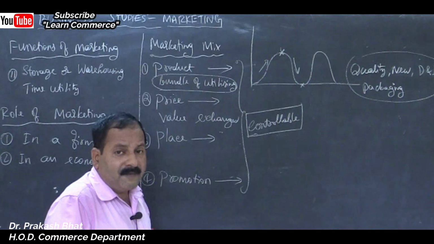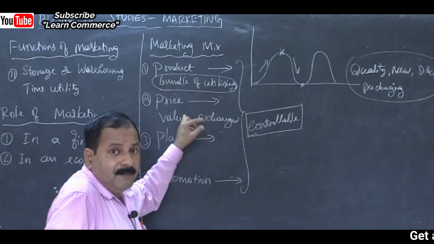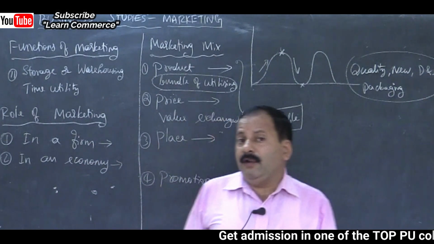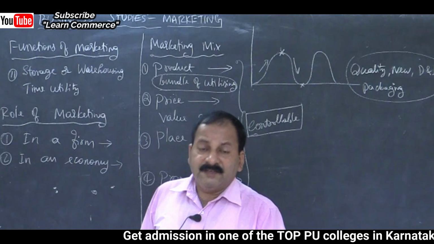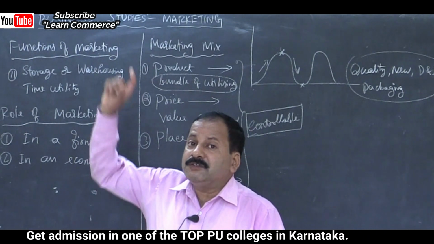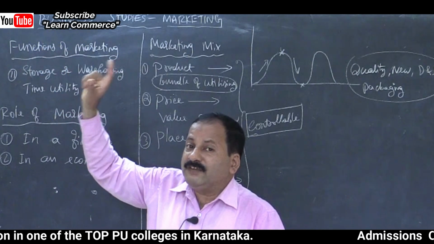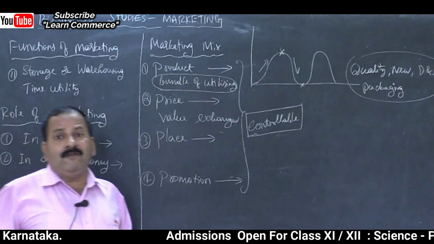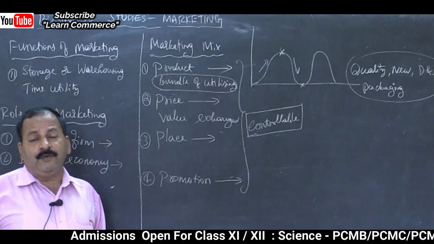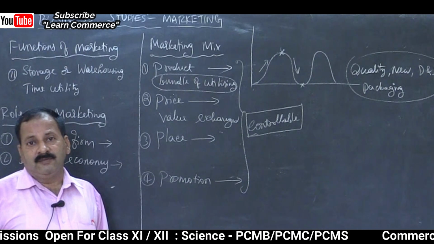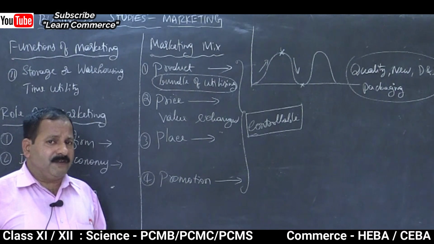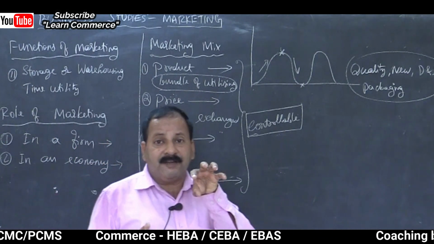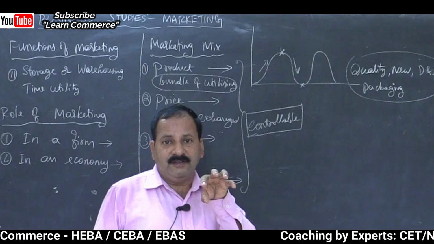So any type of price for that matter, while fixing the price, the marketer or the seller or the manufacturer has to keep in mind a number of points. Whether the product quality is of so much that whatever price you have fixed is genuine for that, or whether the customer will get equal amount of satisfaction for the price fixed by you. Because any time the customer purchases, he will assess in terms of satisfaction he will derive by purchasing that product, by using that product, isn't it?